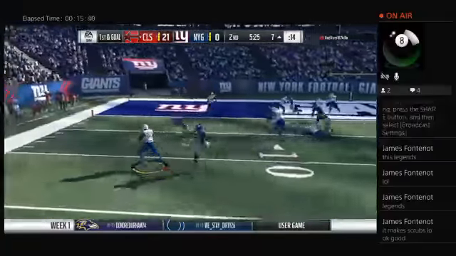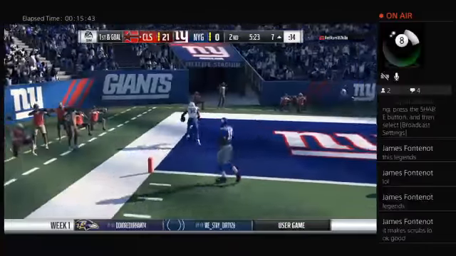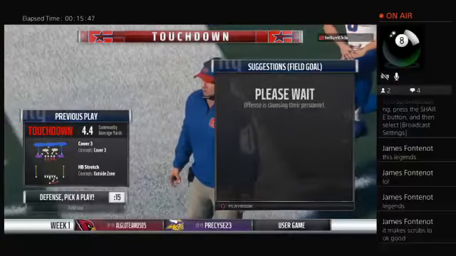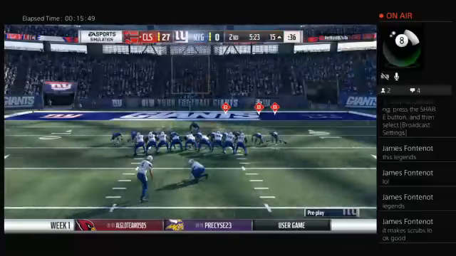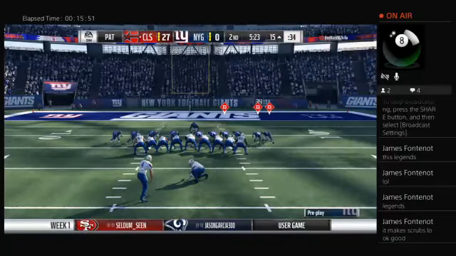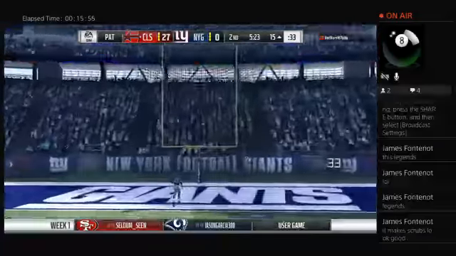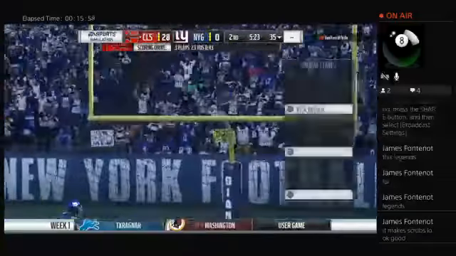Now a handoff as they run left side. And he will take this one in for a touchdown. A great play there. On his way to a historic performance. 4 first-half touchdowns. And he's going to add on to their lead. And his kick is